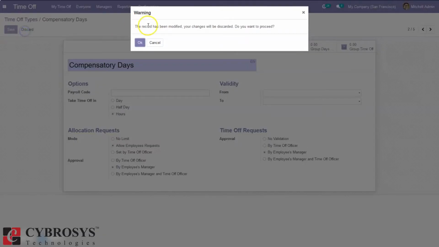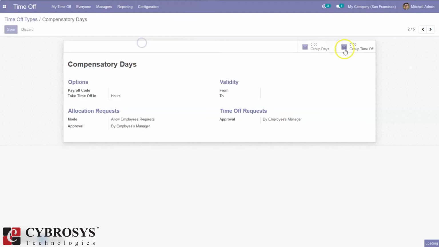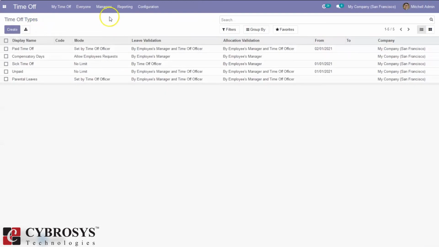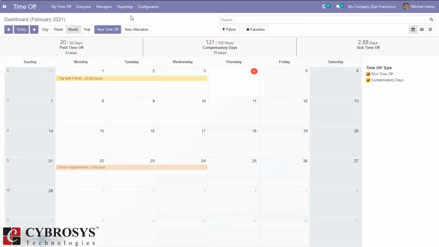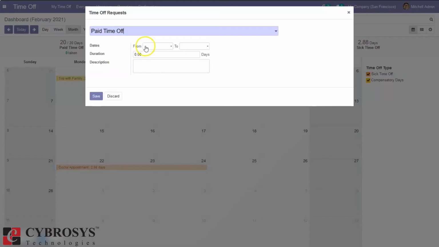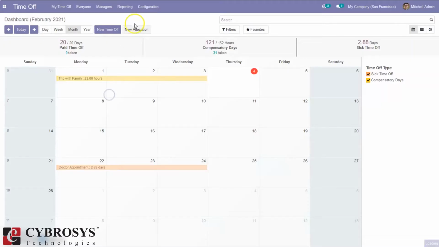Okay, and we can see the allocations and time off from here for that time off type. After configuring the time off type, we can come back to the dashboard and we can also create a new time off request from here. Click on New Time Off and we can set the date, duration, description after selecting the time off type and we can create a time off request.